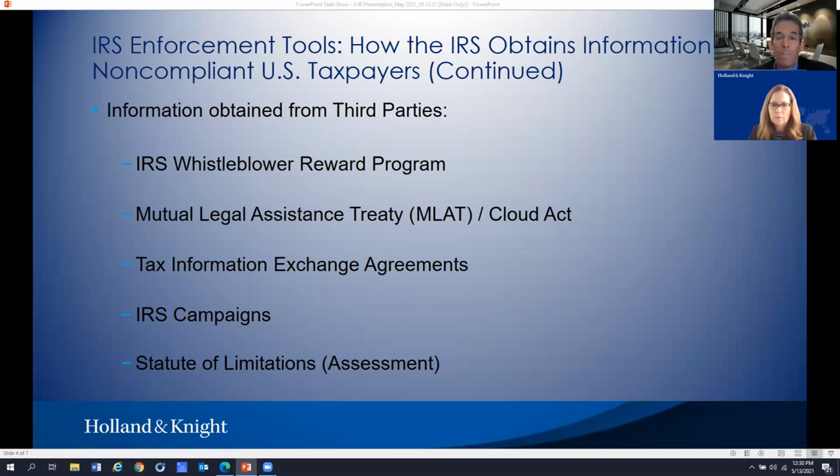Many people have some knowledge or familiarity with the name Bradley Birkenfeld, and he's the whistleblower from UBS, who ultimately, the information he provided the IRS is what led to the very first 2009 offshore voluntary disclosure program. But he was not actually the first whistleblower in, let's call it, more recent days, and it relates to tax.